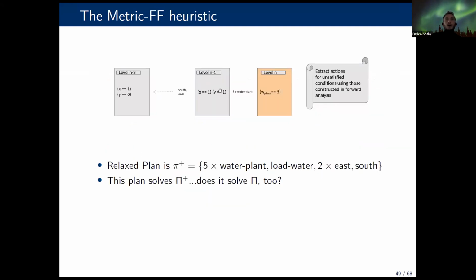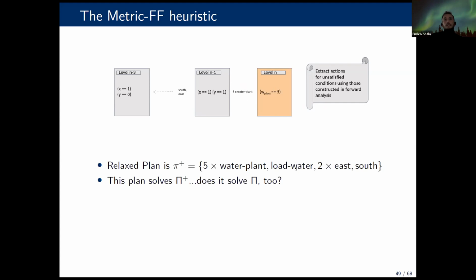So how do we actually get the relaxed plan? We can start from the goal, by looking at the levels that we have developed in the forward analysis, and we can extract all the actions that are needed for some sub goal, until we go back and have all the sub goals satisfied in this process. For instance, a relaxed plan for our problem is to water the plant 5 times, to load